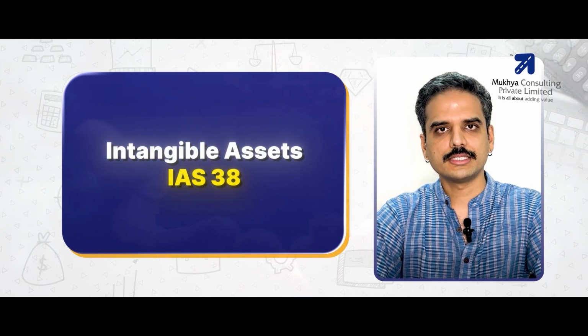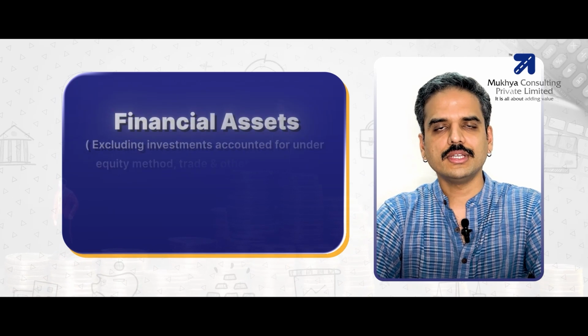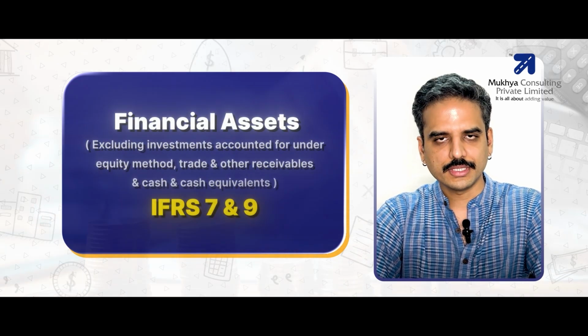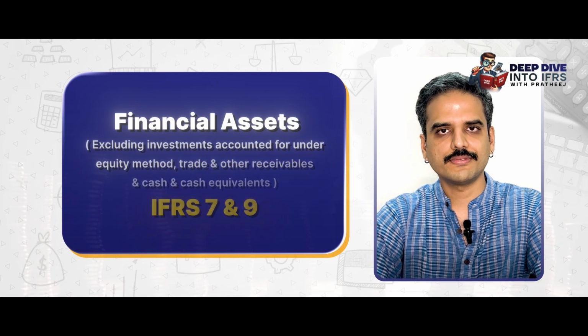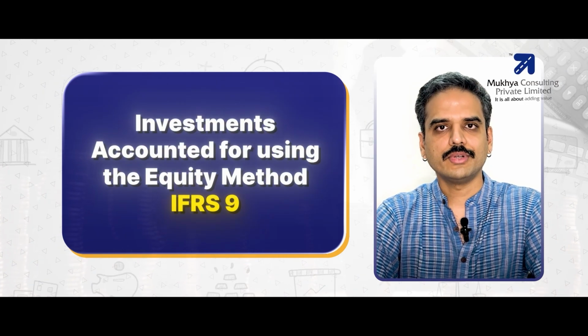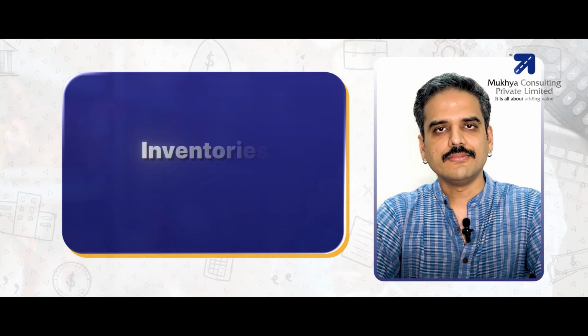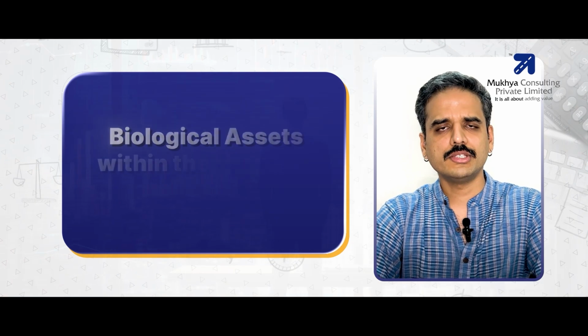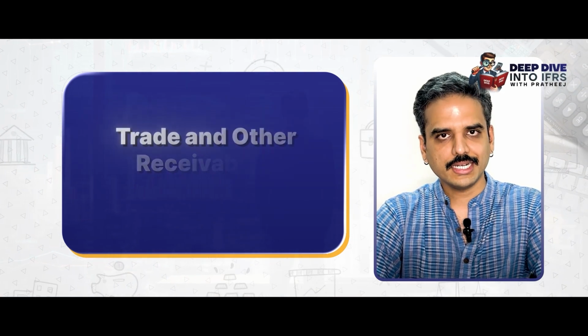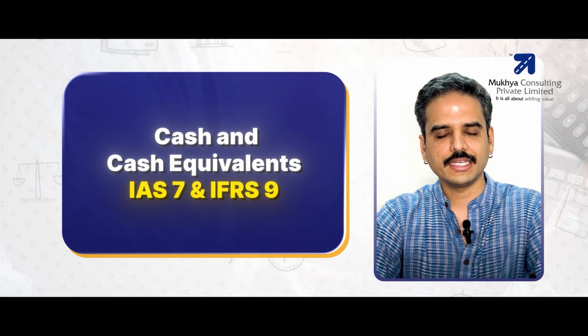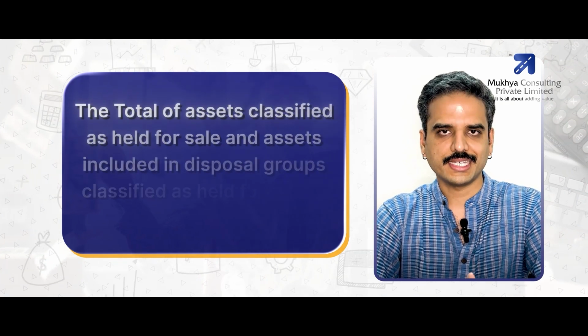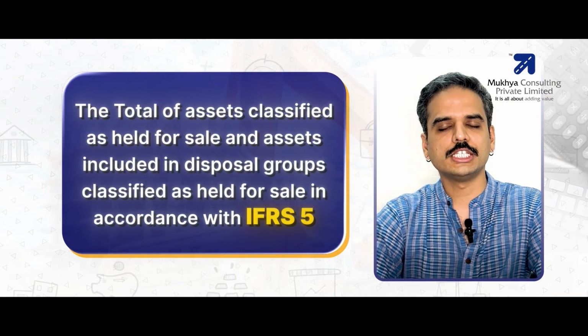Intangible assets as per IAS 38, financial assets excluding investments accounted for under equity method, trade and other receivables and cash equivalents as per IFRS 7 and IFRS 9, investments accounted for under equity method as per IFRS 9, inventories as per IAS 2, biological assets as per IAS 41, trade and other receivables as per IFRS 9, cash equivalents as per IAS 7 and IFRS 9, total assets classified as held for sale and assets included in disposal groups